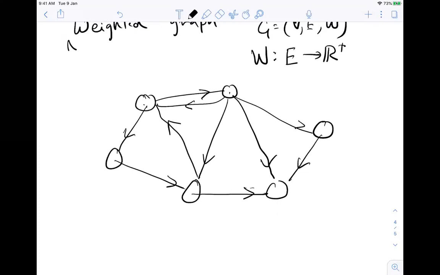So there is an edge weight like 4, 3, 2. This may represent the minutes required to travel, maybe the congestion and all. So this is the map. This is a directed weighted graph.